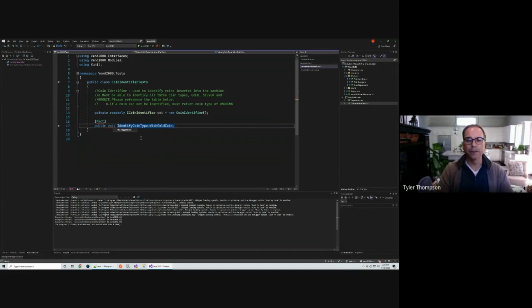And then here's my result. What am I expecting from this? I'm expecting that it should return gold coin type. All right, and so this is the only time I ever use underscores in my method names,